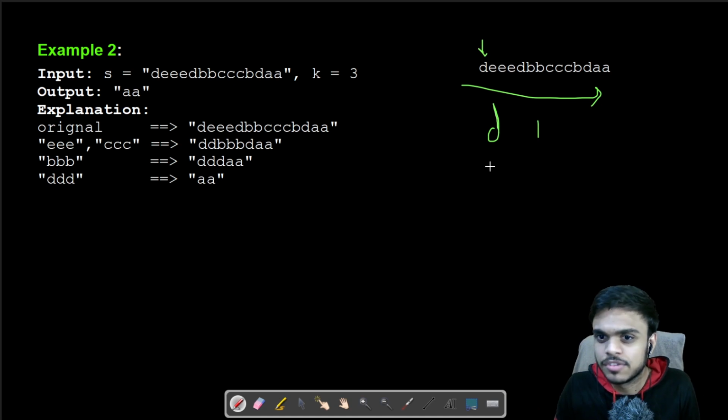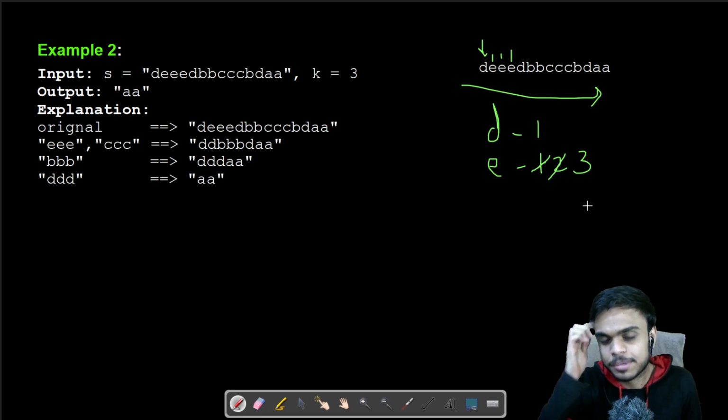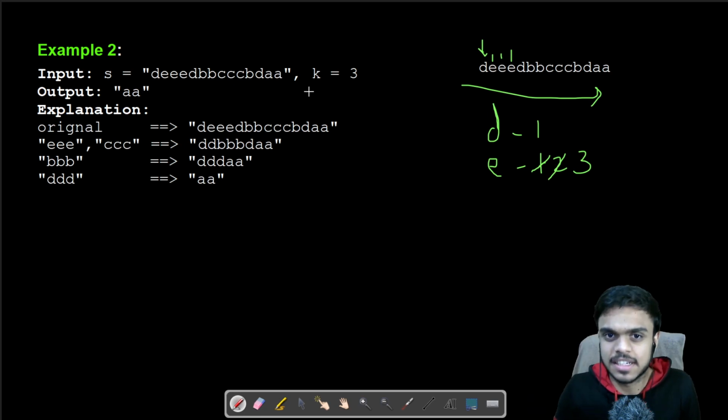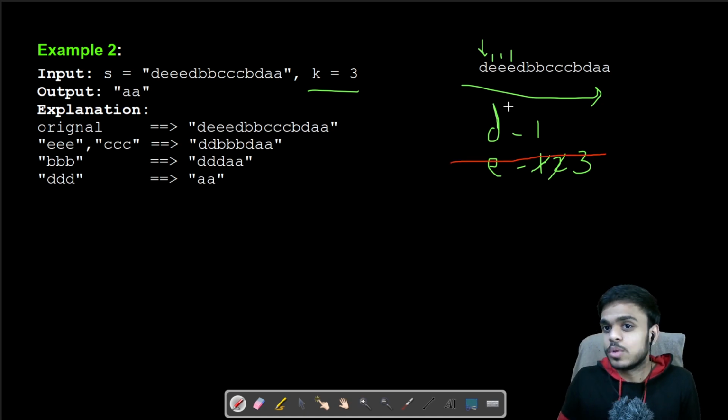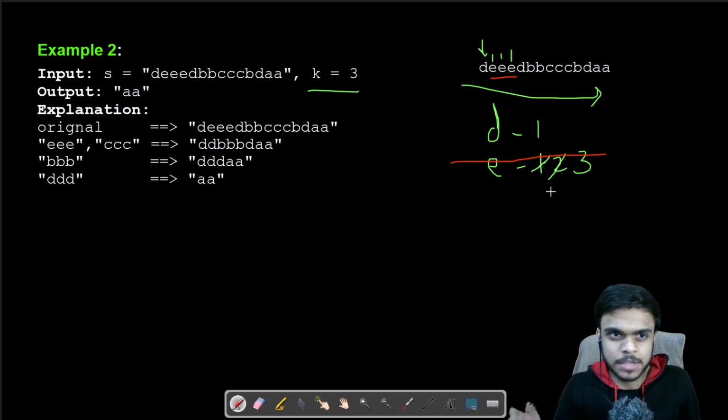Then we have E, a new element, so E equal to 1. Then we get another E, so we increment it to 2. Then again an E, and we increment it to 3. Every time we increment a counter, we need to make sure that it is less than k. Once it becomes equal to k, as k equals 3, we just remove this part of the substring.